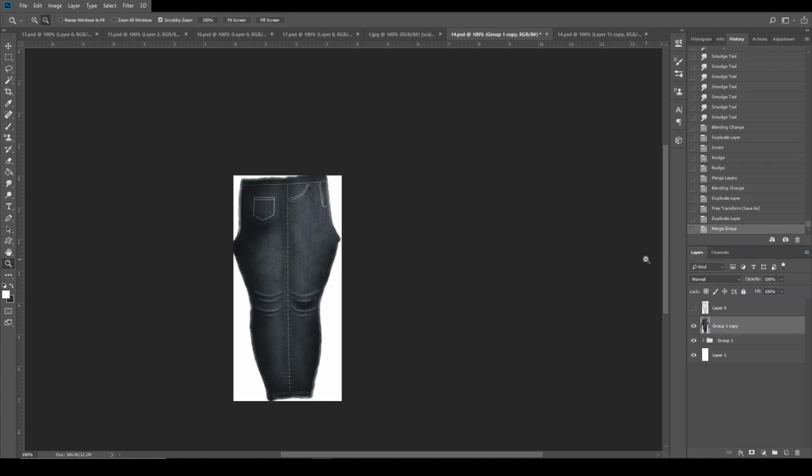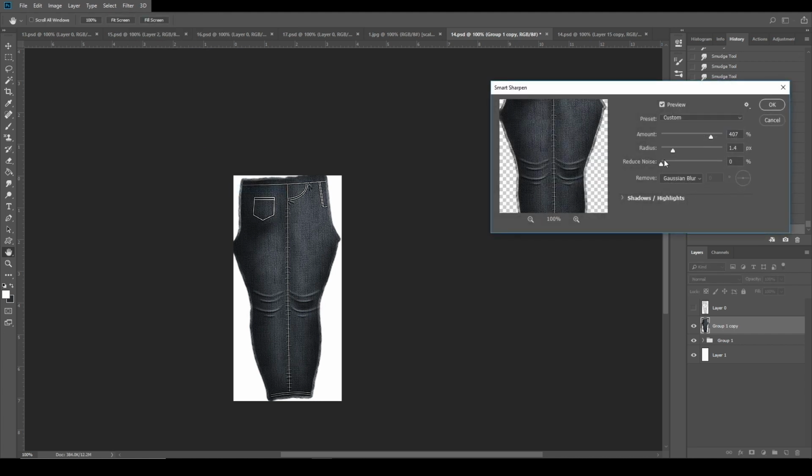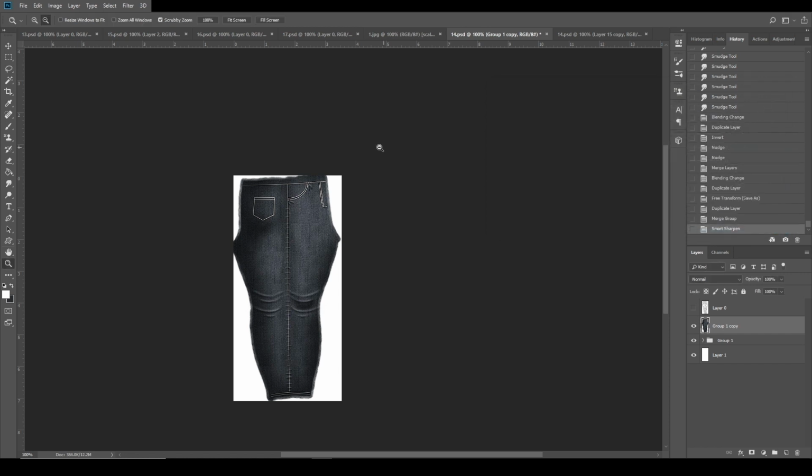Now we duplicate the group, we merge the group. This is a very important stage, and now we're going to sharpen. We're going to smart sharpen, and this is going to give a lot of life to your texture at the end. If you do this at the end, make sure you have the other group there, so if you want to go back and edit it, you can do it. So after the nice smart sharpen,